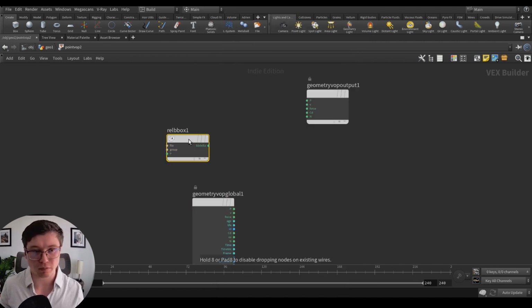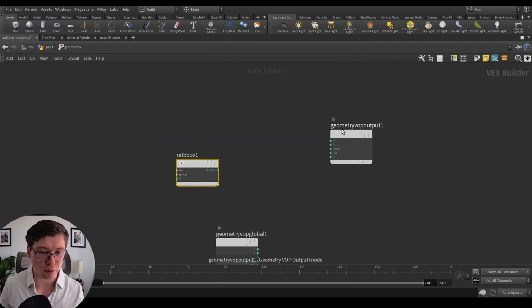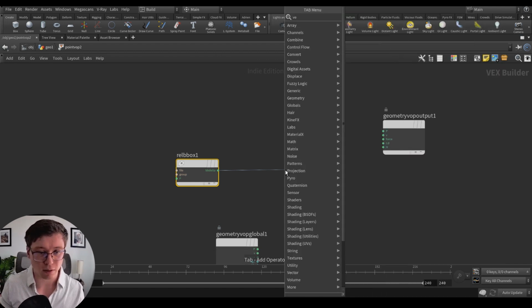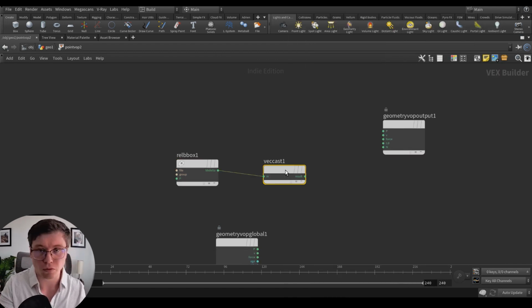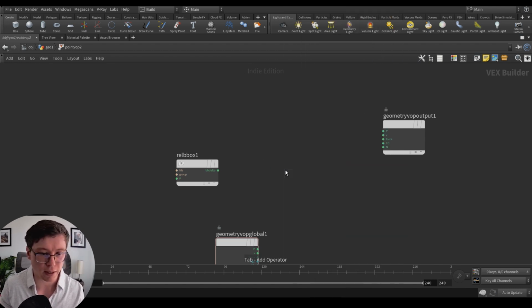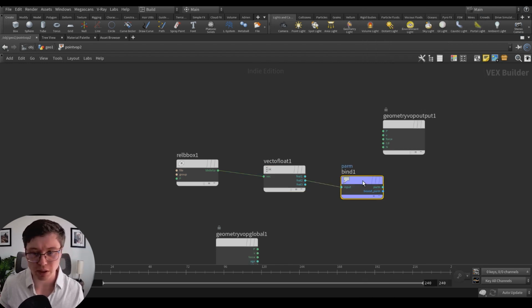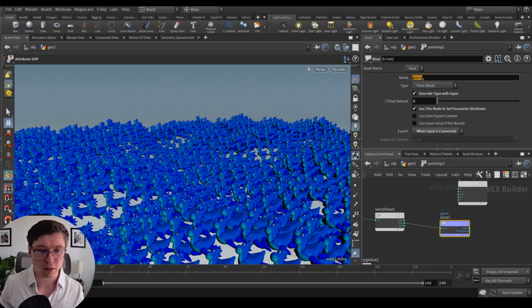That would extract the bounding box of the geometry and remap every axis between 0 and 1. Then with vector to float to extract the different axes, you can extract the y-axis. And we could try and export that into the scale, pscale.